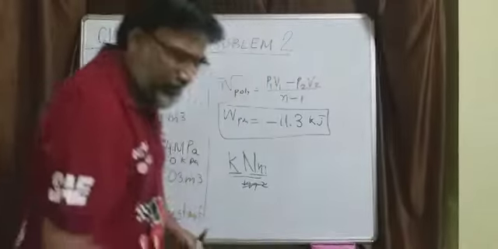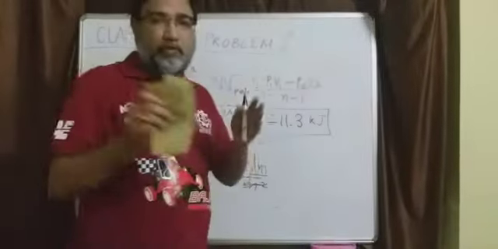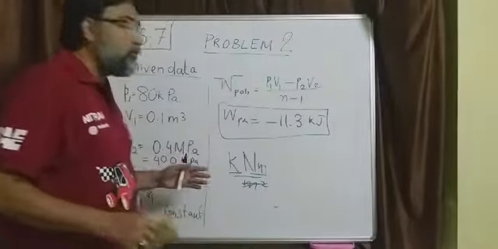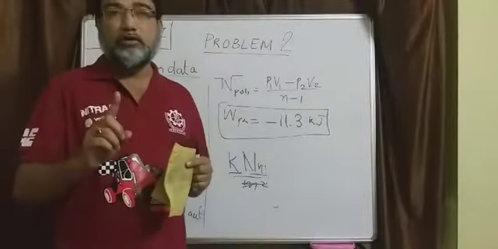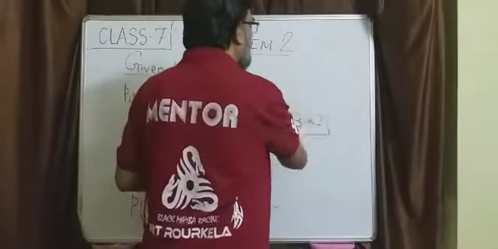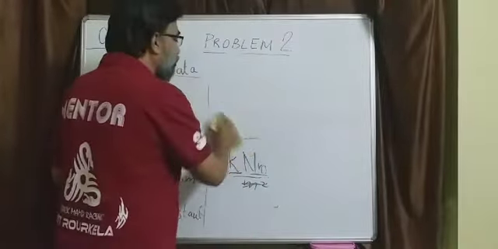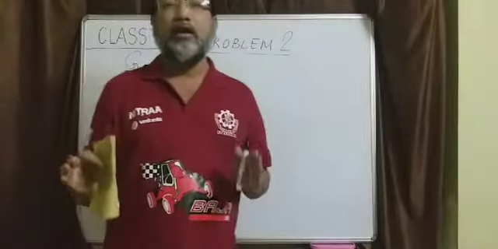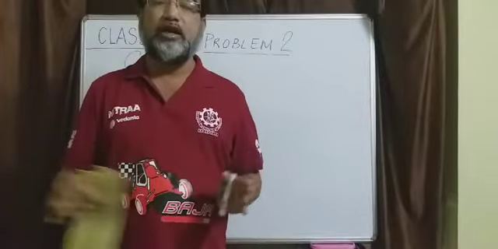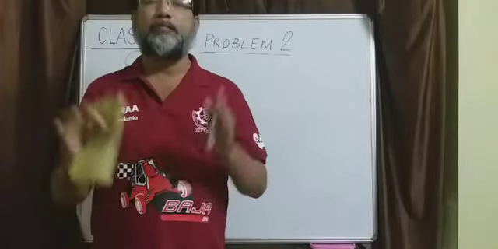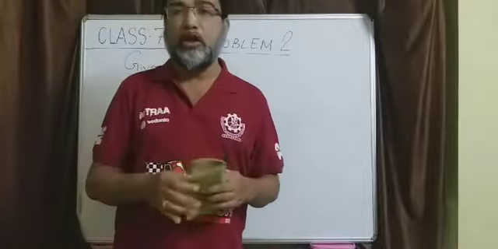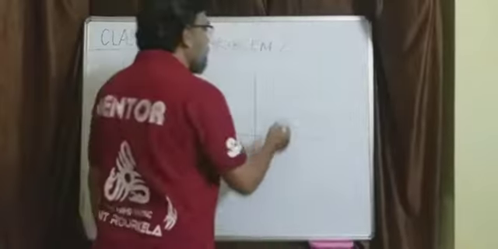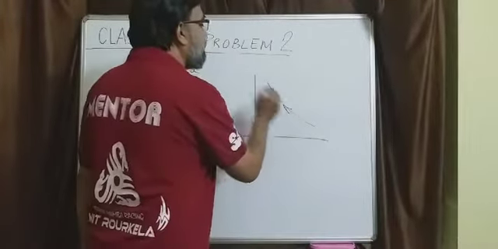Similarly, any problem on work and heat can be solved, and the solution can be presented in this manner. First step, you draw the diagram, and just draw the diagram the way I am drawing. Not necessarily do you have to use a scale and colored pencil, and the lines need not be perfectly straight. It should be thermodynamically correct. Just draw it like this. This is the x-axis, y-axis. If it is a compression process, it will be like this.